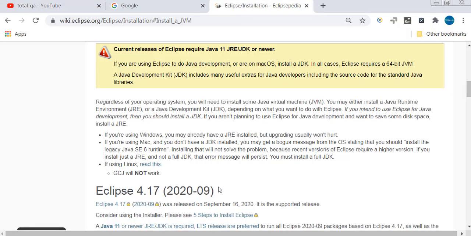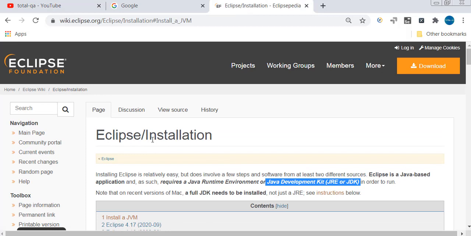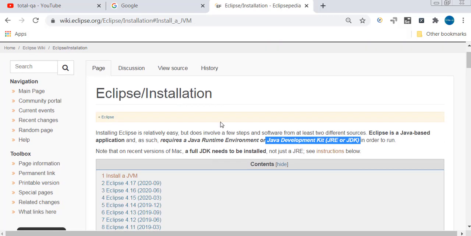To understand the prerequisites for Eclipse, we have to access the link wiki.eclipse.org/eclipse/installation. Here you get a lot of information about Eclipse. If you look into this wiki page, it clearly mentions that installing Eclipse is relatively very easy, but it has some prerequisites.